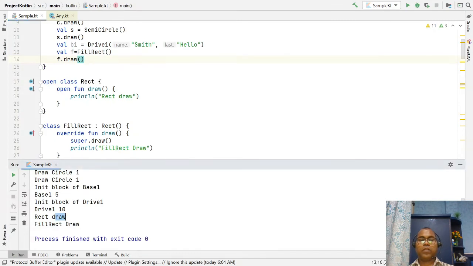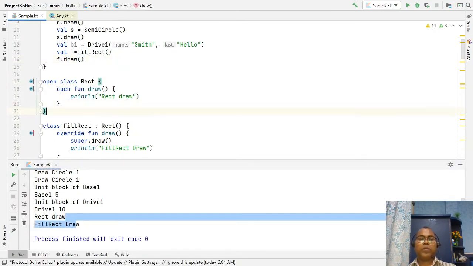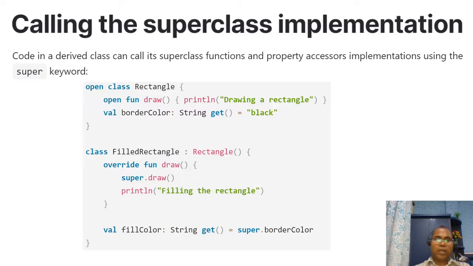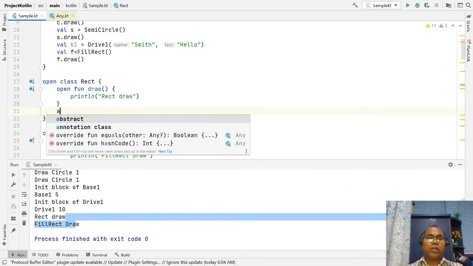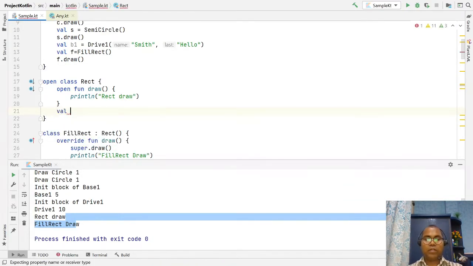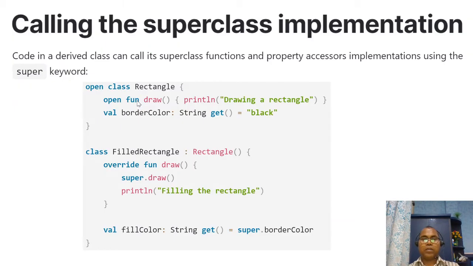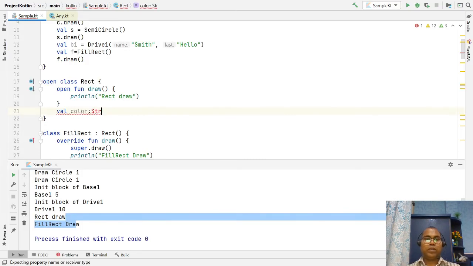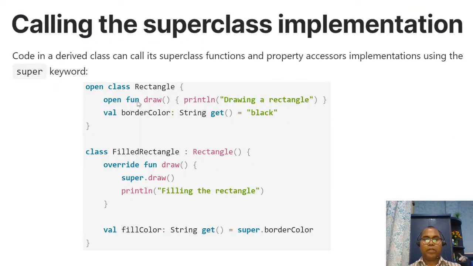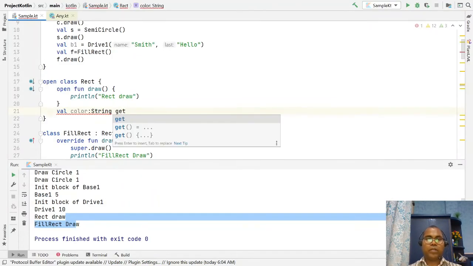First superclass, then subclass constructor. If you have some variable, like here we can declare any variable, color, let's say might be a string, and you can define your getter method as well.